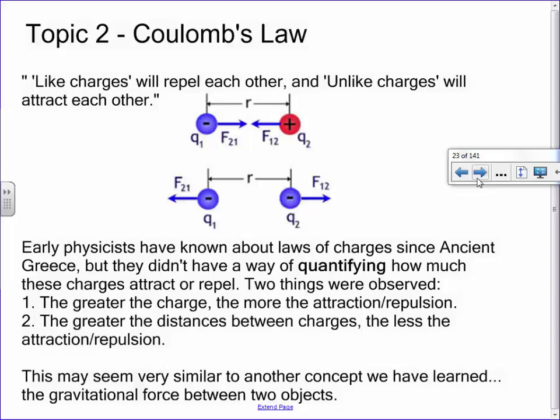But with electrostatics and magnetics, we can't really see the force that's occurring, but we can see the effects of the force. Remember me talking about the wind? I can't actually see wind. Wind is really just moving particles hitting me, and if they're moving with a lot of energy, you say it's really windy out today. But I can see the effects of the wind. I can see a flag ruffling in the wind, or I can feel it hitting my body, but I can't really see wind. It's very similar with magnetics. There's a force between magnets, and a force between charged particles, that I'll never be able to see, but it's still there. Something's obviously occurring, and I can see the effects of what's happening.